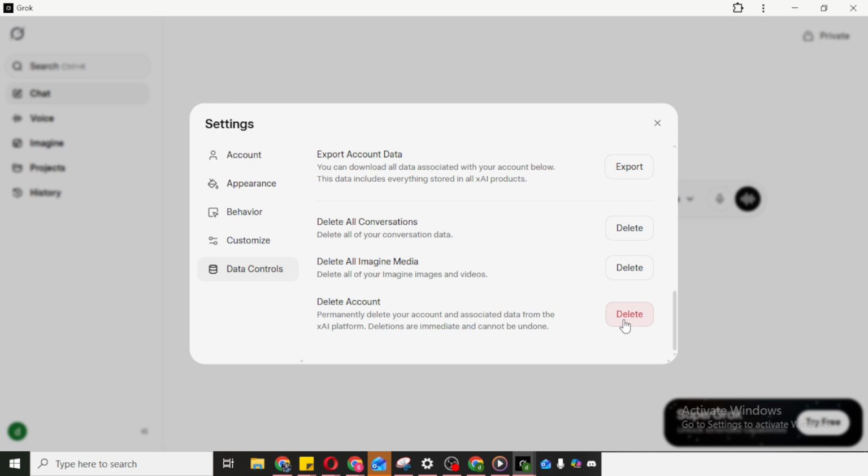When you click Delete, you may be asked to confirm your choice. This can include a quick on-screen confirmation, entering your password, or acknowledging what will happen to your data. Simply follow the prompts you see to finish the process. Depending on Grok's policies, deletion may happen immediately or after a short waiting period, and you might receive a confirmation message once it's complete. To recap, you'll open your Grok account, click Profile,